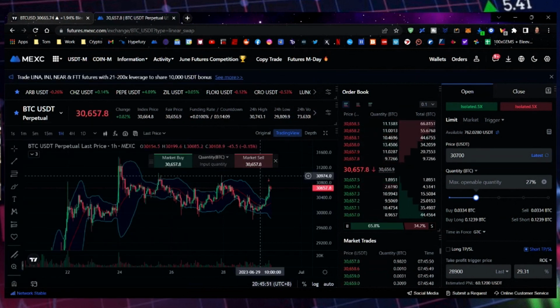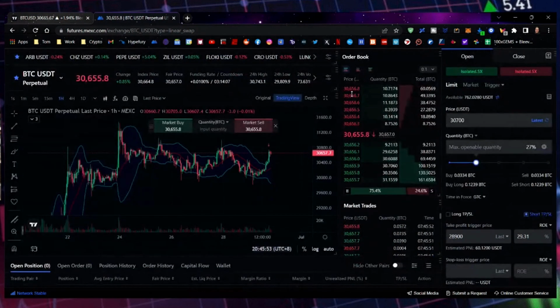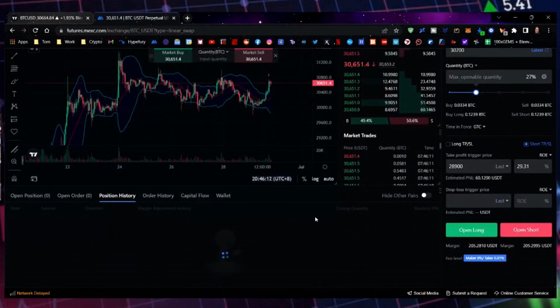Now, this is your TradingView tracking window. Then this is your order book, and this tells you what prices are being filled and where. And as you can see, it's a very active book because it's Bitcoin. What we're doing is an isolated 5x, and we're going to set this to buy. Remember, I told you I did my trade last night, and on position history over here,